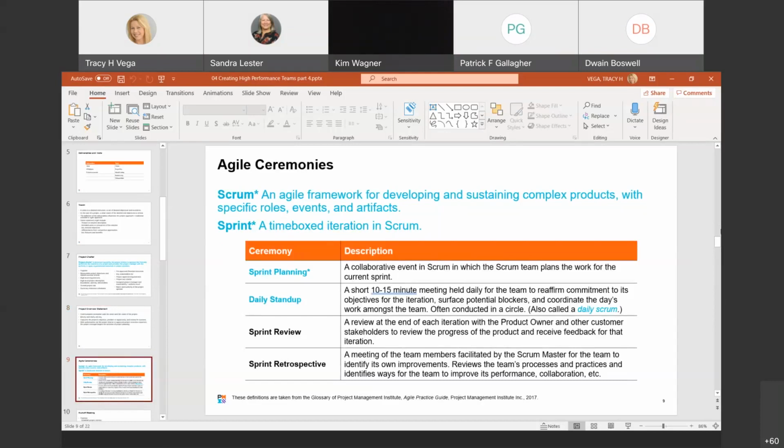Actually, I'm going to back up here just one second. So, we talked about the charter. We know what's in the charter, and my screen's messing with me, and I apologize.